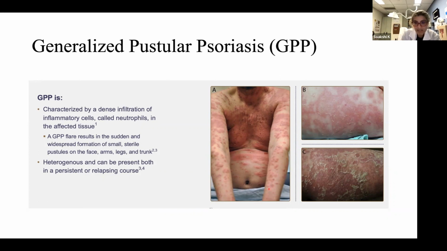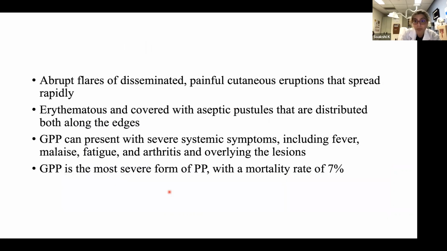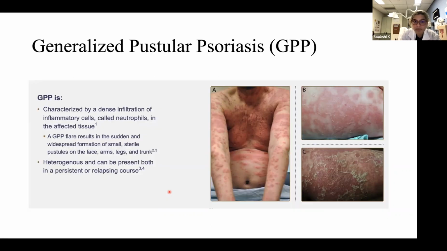They have systemic complaints, like they could be febrile, they can have insensible loss of water, they can even be hypotensive. GPP is hard to diagnose because they go to the ER, they see their primary, they get thought of as having a skin infection, they get put on antibiotics, or they see a dermatologist,